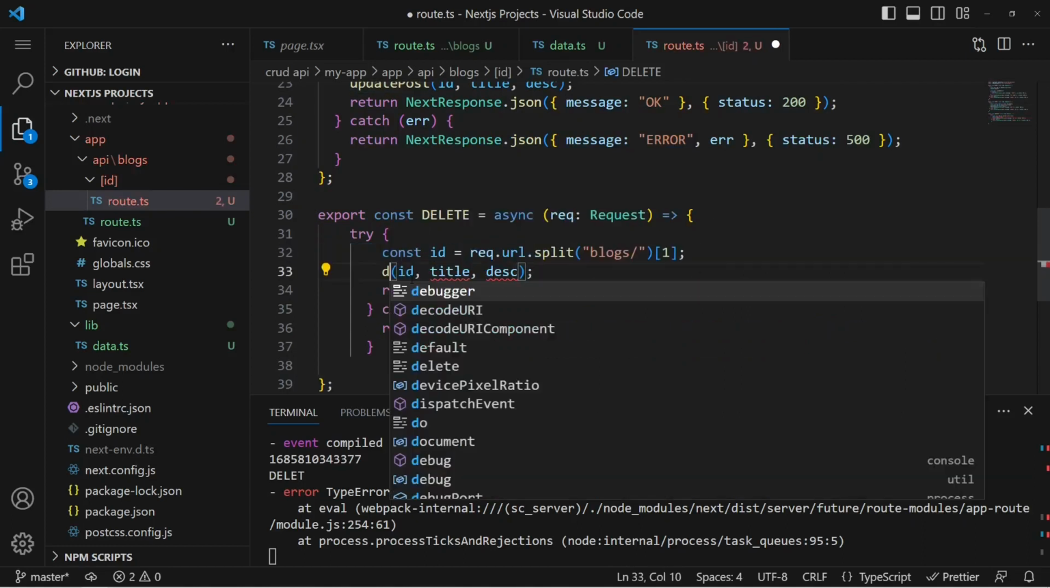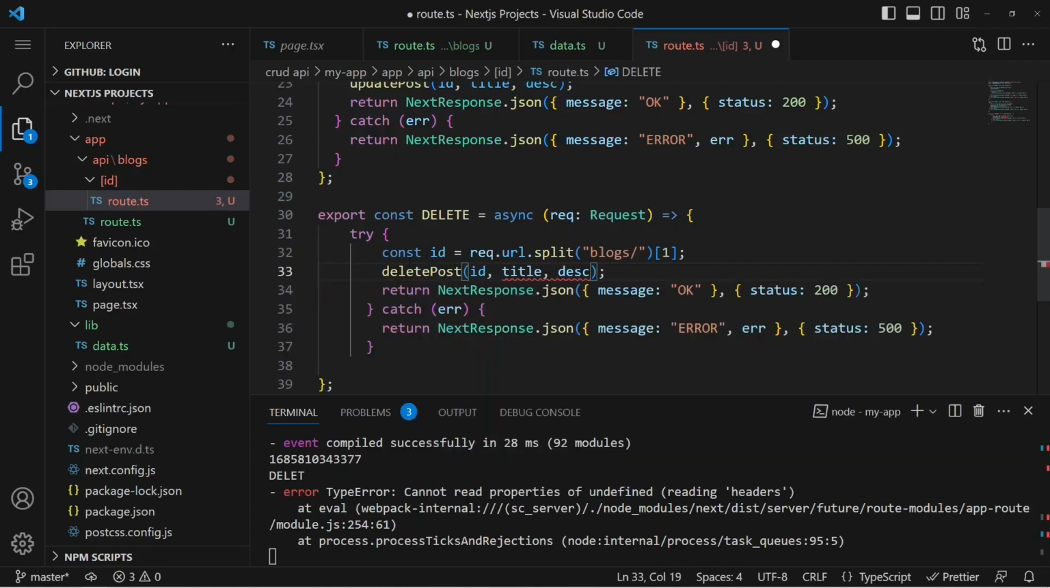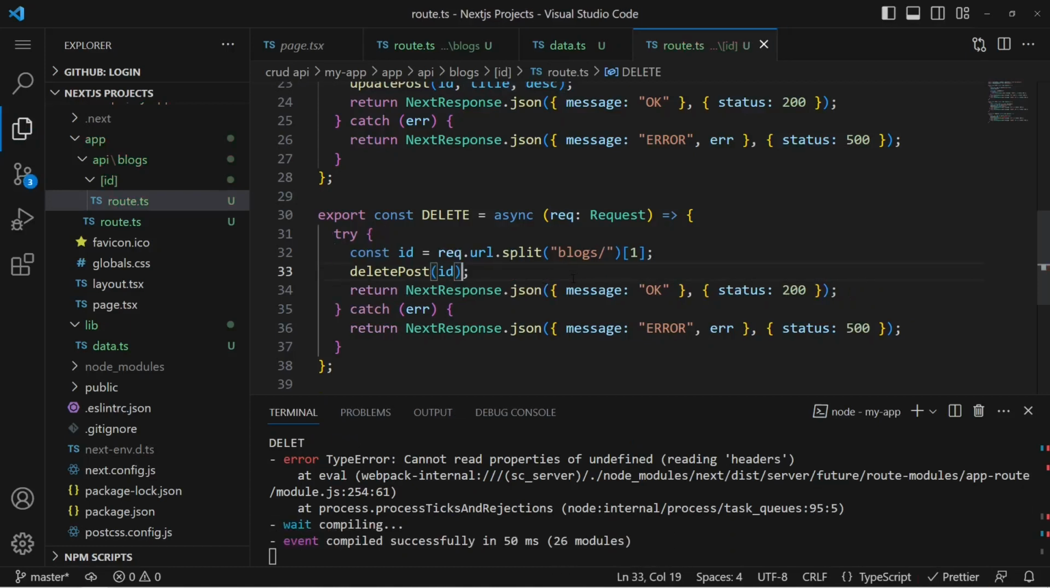And for the update post, we'll be using the delete over here. So we can have the delete post over here. And we only need to send the ID, not the title and the description. And now what do we want to do? So we have the message of okay, we have the status of 200, and everything seems to be working